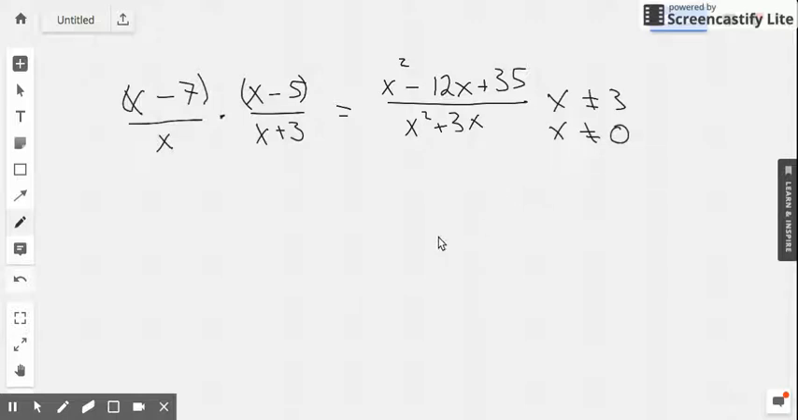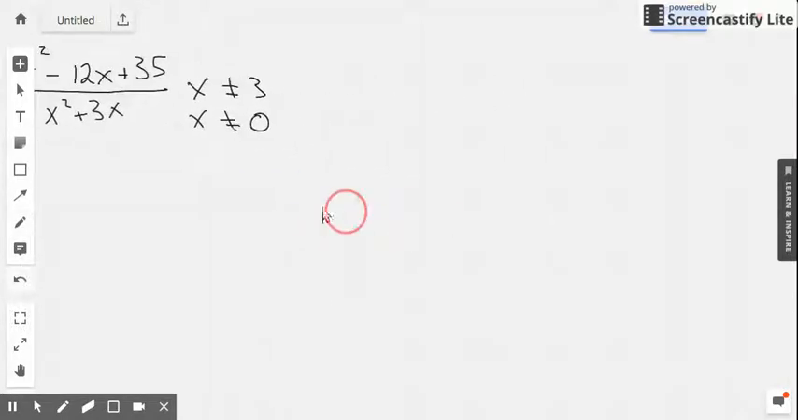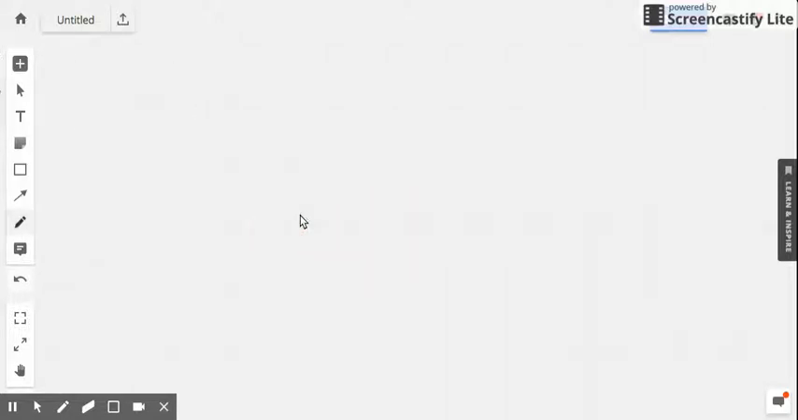So multiplication, again, is really just multiplying across the top, multiplying across the bottom. Now, there may be some simplifying available. Let's take a look at a slightly more complex example. X plus 5 divided by 7x minus 21. And we're going to multiply that by